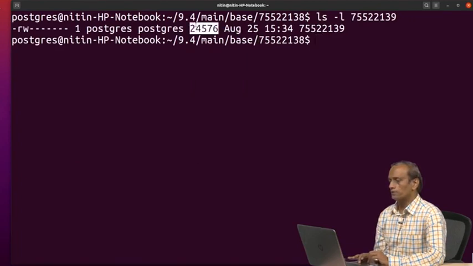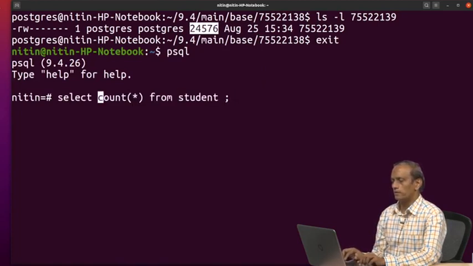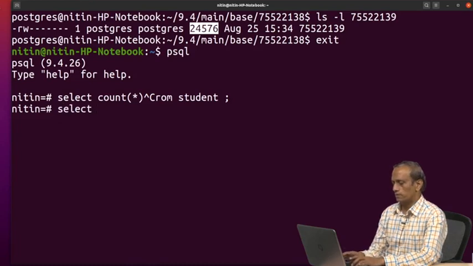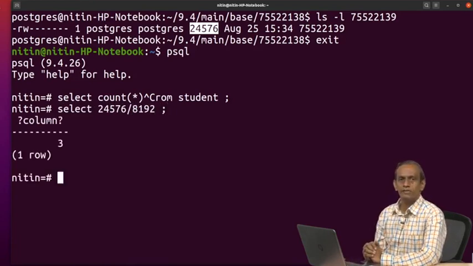Now considering this size, if we go to PSQL and write select 24576 divided by 8192, we get 3.